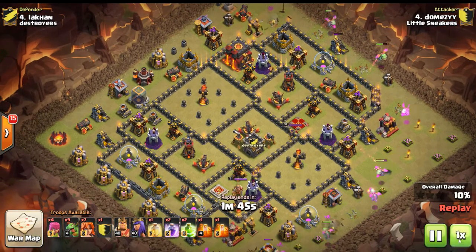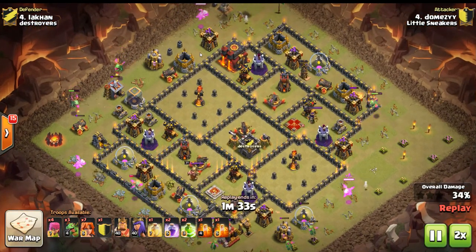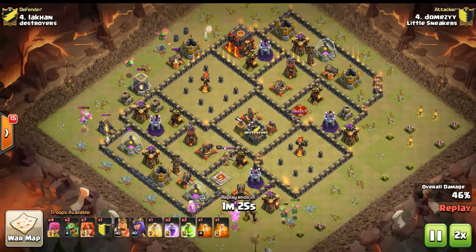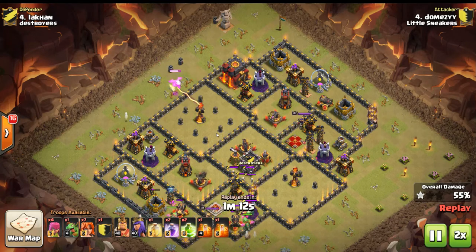Circling the outside, I'm going to put this on x2. Circling the outside with your baby dragons, nice space in between them so that they don't lose their rage. And this picks up all the percentage, and then you also make the funnel around the town hall entrance point. Once that's done,